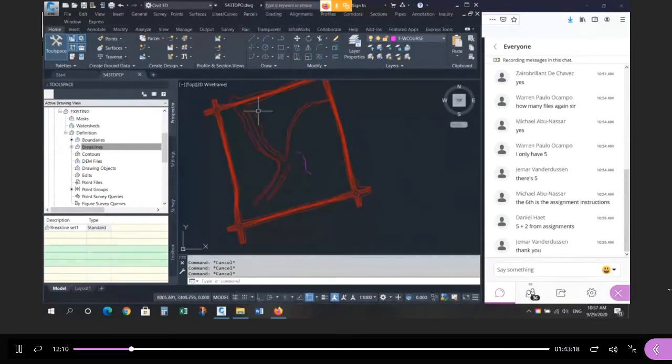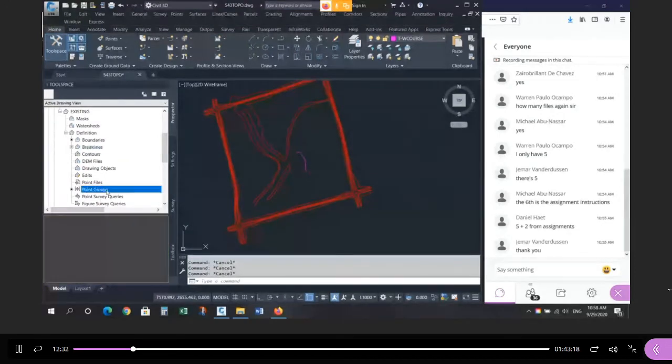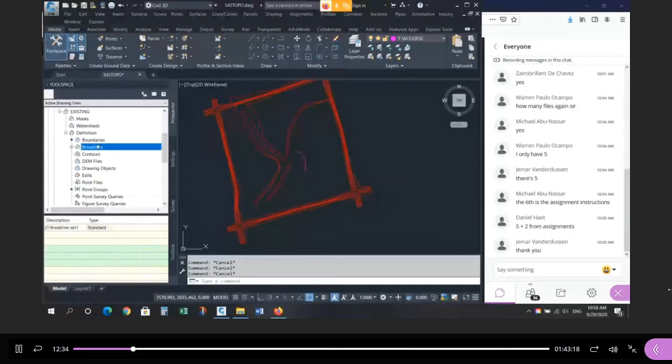A common mistake there is to define the red stuff as break lines, draw the T watercourse lines, but then forget to add them to the surface. So yeah, you drew them, but then you forgot to use them on the surface definition. So that was a common mistake. Or not drawing them at all was the other thing, right? So there was a mark for drawing them on the right layer, color, and line type. And then, okay, so make sure you define all your point groups, make sure you define all your break lines, and then